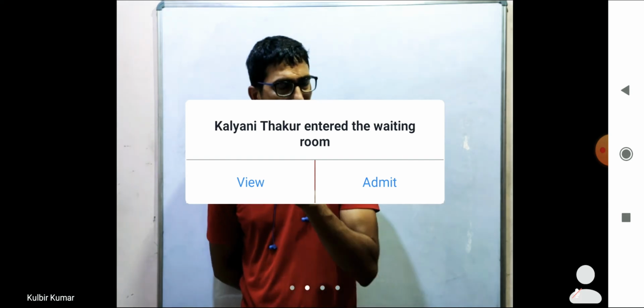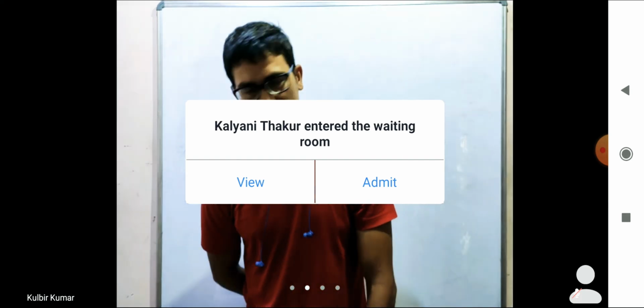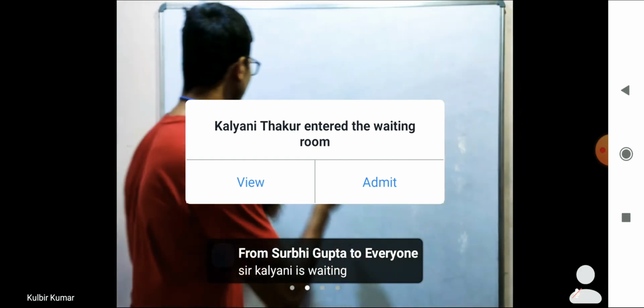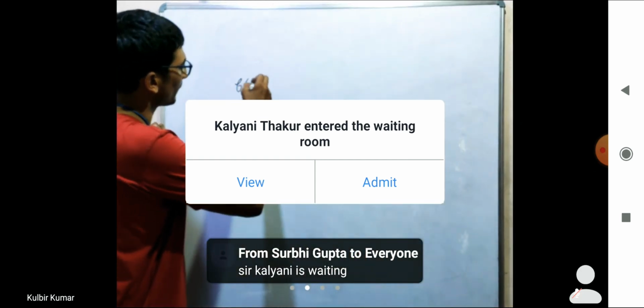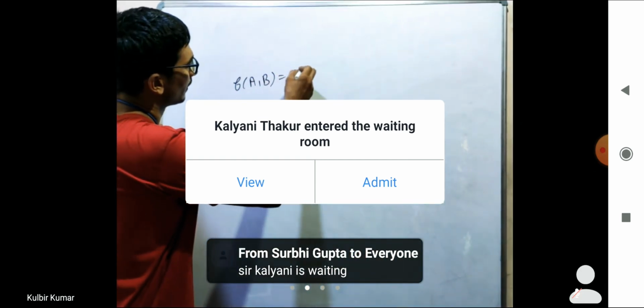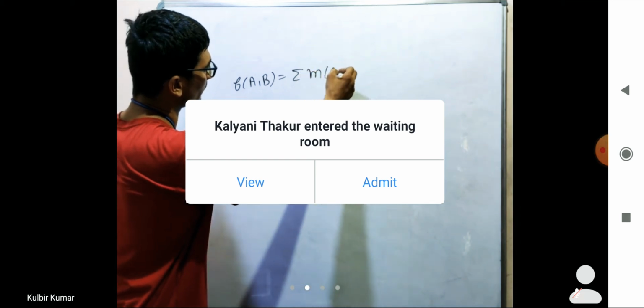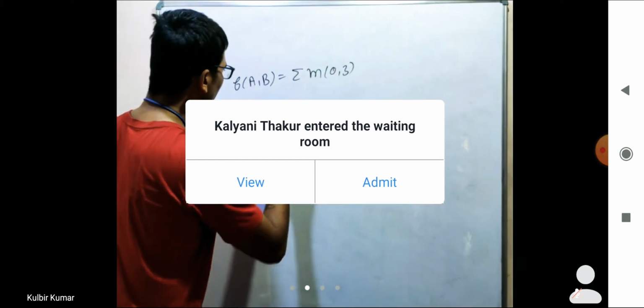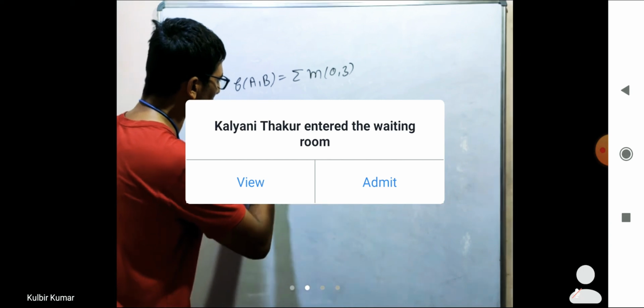So it is something like some rows and some columns. I hope you know the formats. So first of all let us take a two variable function f of a b, summation of some min term 0 and let us take 3 only. So दो वेरिएबल का K मैप जो होगा, that will look like this one.